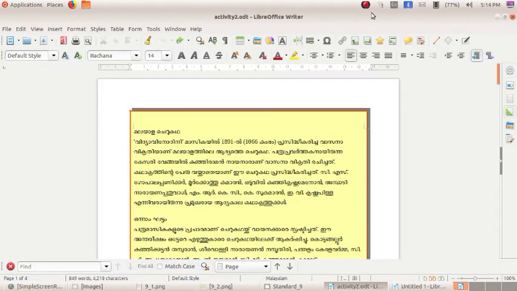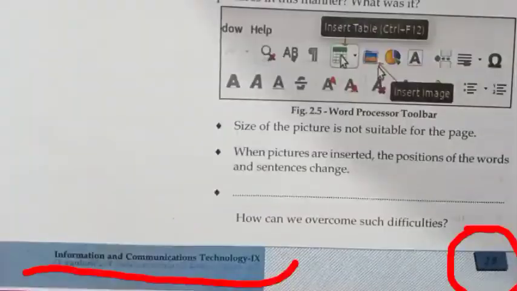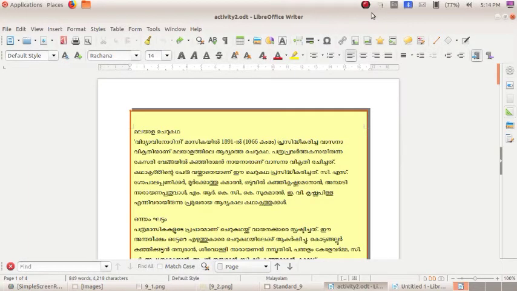So in your textbook it is given that the name of the chapter as the header and the page number and subject's name and class is given in the footer section. Okay, but here in this seminar presentation you want to give the page number as the header. So we can see how to give the page number as header.